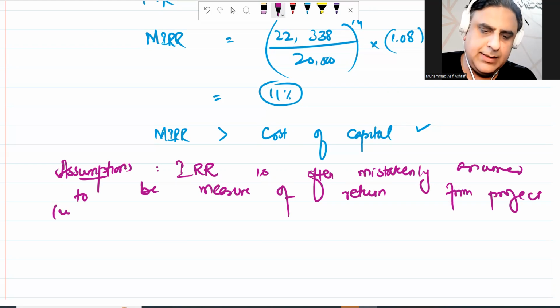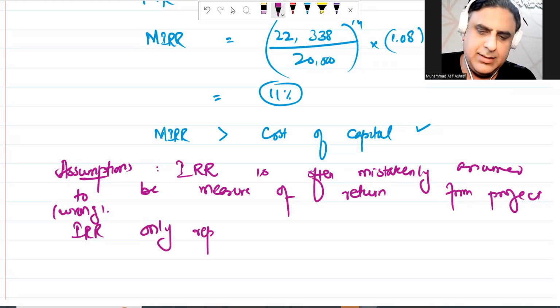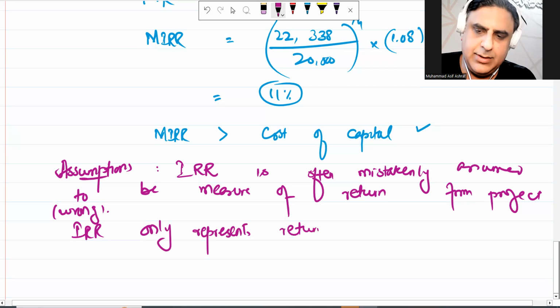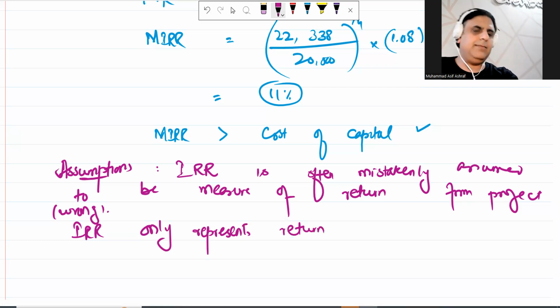It is wrong, it is a wrong perception. Now this needs careful understanding. It only represents the return from the project